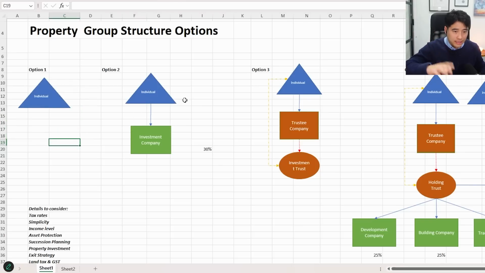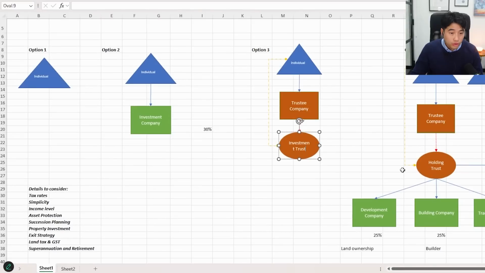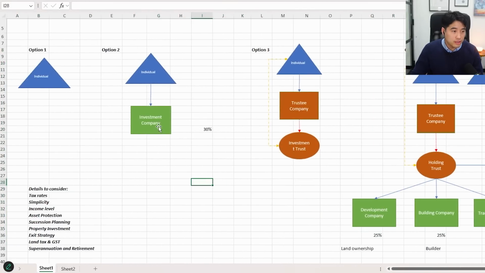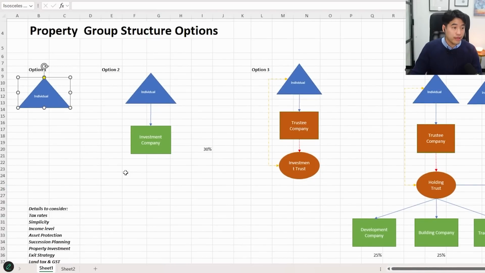Okay, let's just ignore that you're trying to live in it. Let's just go straight to it being for investment purposes. If you're buying to rent and to hold it for quite some time, try to get equity on it when it goes up in value, and you're not knocking down and rebuilding, then you've got options. You've got a company, which sometimes they call a bucket company. You can buy in a trust, or you can get a very complex structure like this, option 4. We generally say it's either going to be in your personal name, company, or a trust.